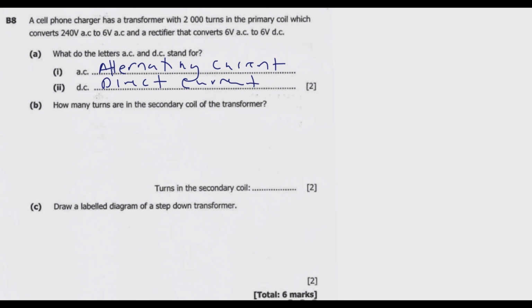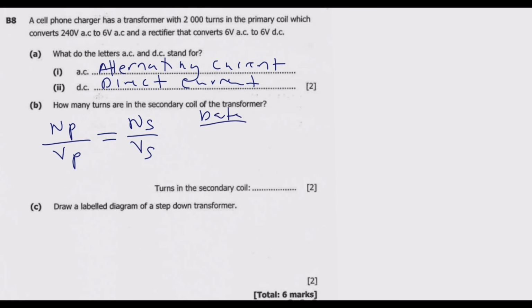Then let us look at B. How many turns are in the secondary coil of the transformer? So basically we know the relationship between these two. We know that the number of turns in the primary coil divided by the voltage in the primary coil is equal to the number of turns in the secondary coil divided by the voltage in the secondary coil. Then from the data that we've been given,